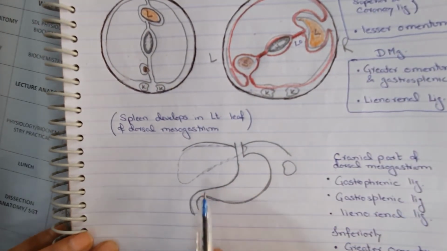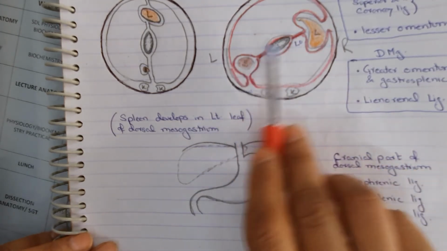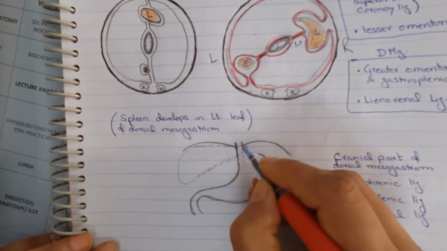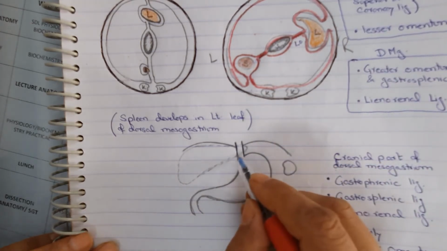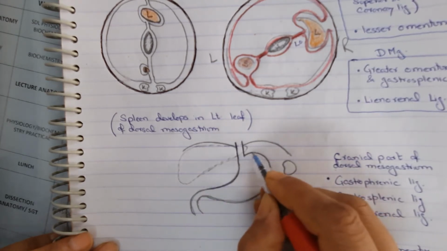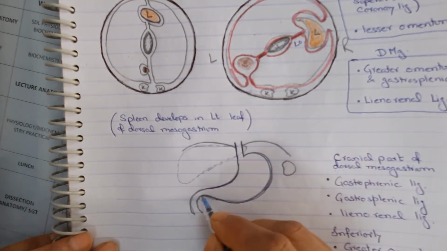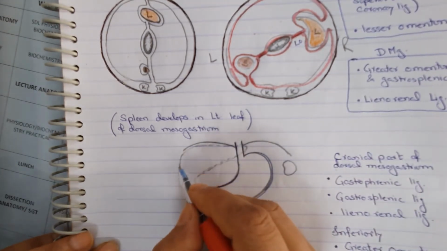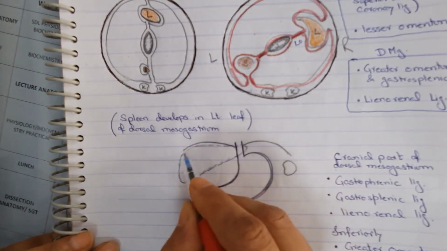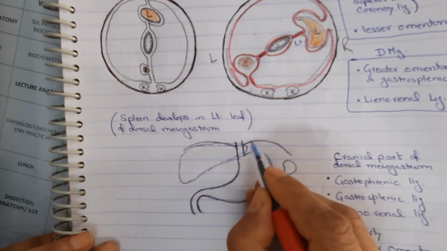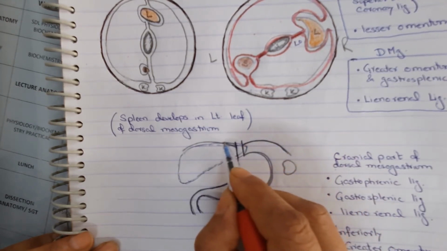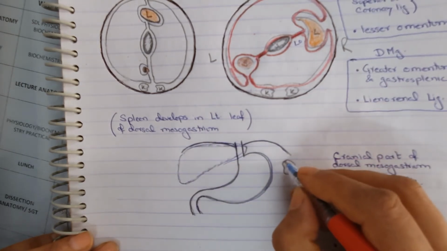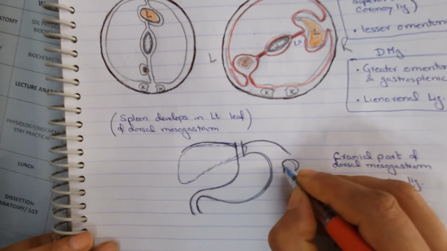Now let us see, for better understanding, this was a transverse section. Let us see what happens here. This is the esophagus, the abdominal part of the esophagus. Let us see the lesser curvature of the stomach, the greater curvature of the stomach, then the duodenum. I am drawing a smaller liver for better understanding. Suppose this is the liver. We have the domes of the diaphragm, the left dome and the right dome of the diaphragm. Let us draw a spleen also here. We have a spleen here.